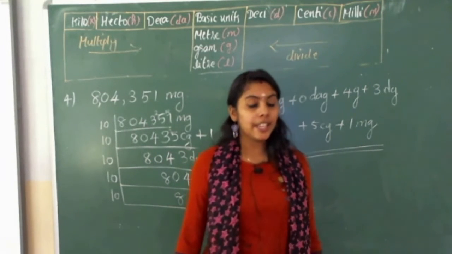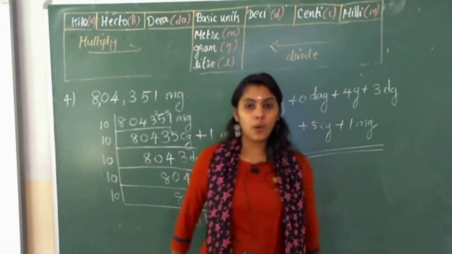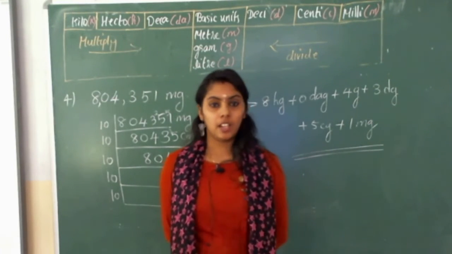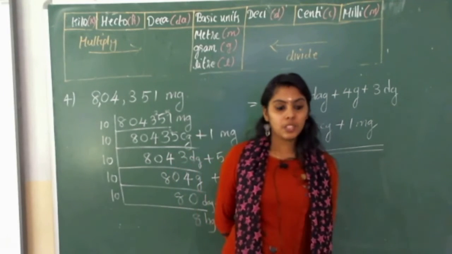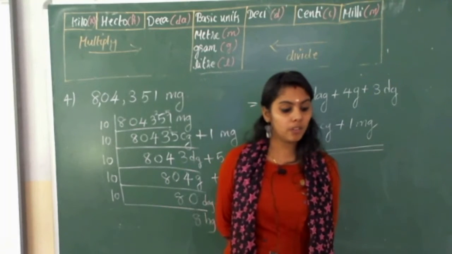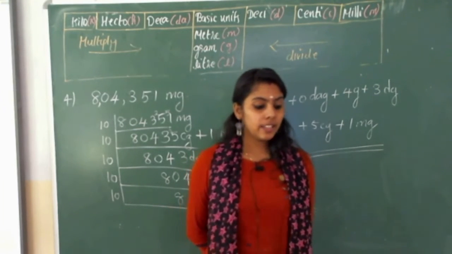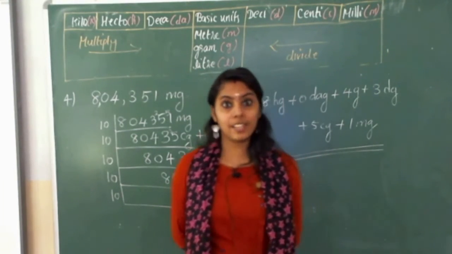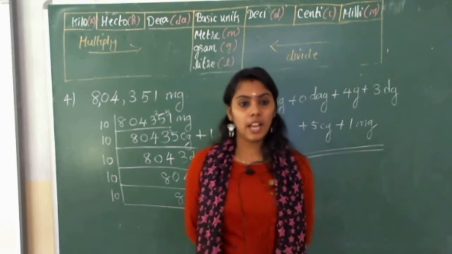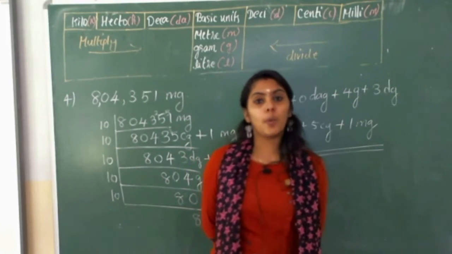You can see exercise 9.3, page number 126. There you can see a table. Okay, total 9 questions, A, B, C, D, E, F, G, H, I. The first one already has the answer. Then the next questions you can do in the textbook. Okay, no need to copy this down to your notebook. You can find out the answer and do these problems there itself.